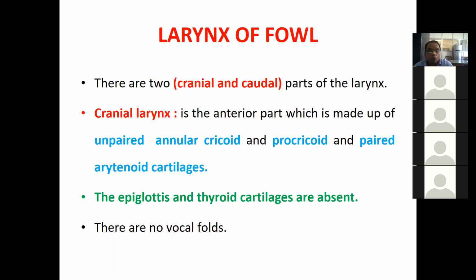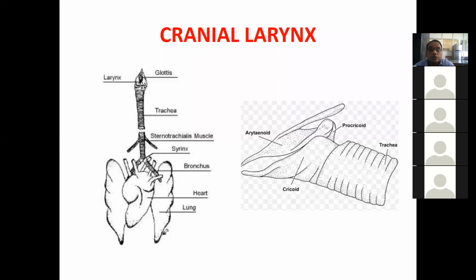So there is no need of the vocal cords in the cranial larynx. Now you see the picture of the cranial larynx. You see this is the trachea, and here are the lungs, and this is the larynx. This is the higher magnification of the larynx, and you see in this